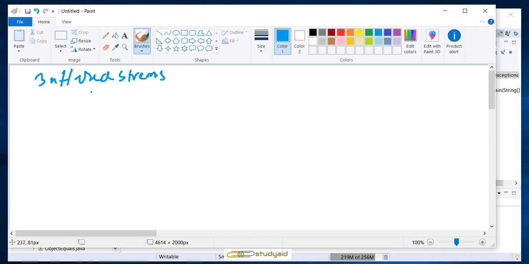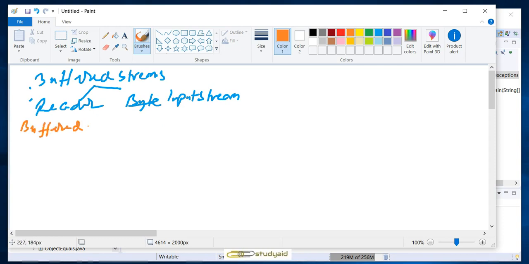So the buffered stream can be of two types. One is the reader and the other one is the byte. Sorry, I should say input stream. Whenever we have the reader class wrapped with the buffered, we call that the buffered reader, and whenever we have the input stream wrapped within, we call that the